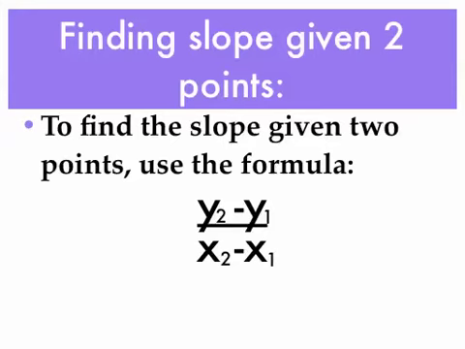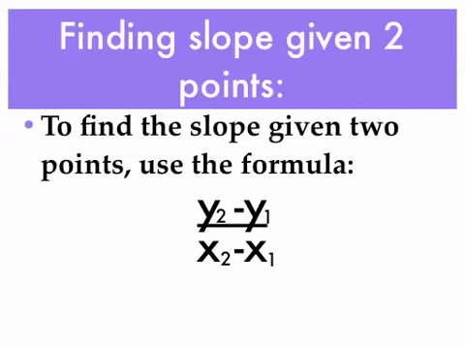Finding slope when you're given 2 points. To find the slope given 2 points, you can use the formula y sub 2 minus y sub 1 over x sub 2 minus x sub 1. The sub 2's and the sub 1's are the 2's and the 1's that you see. We're not multiplying anything by 2. We're not dividing anything by 2. That's not an operation that is happening to the